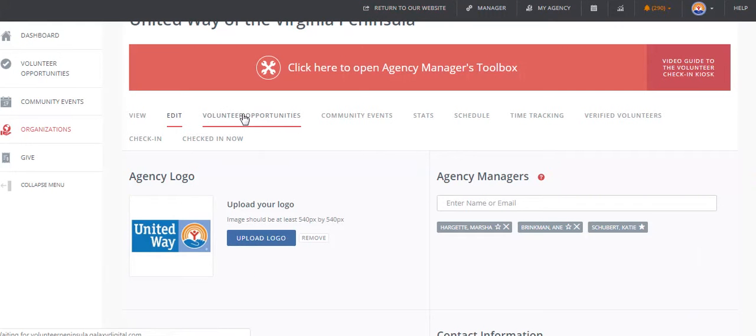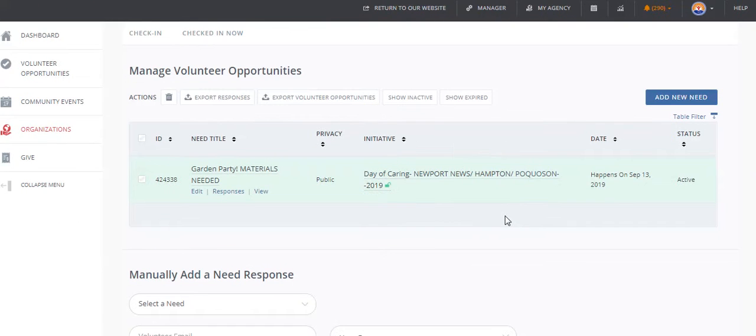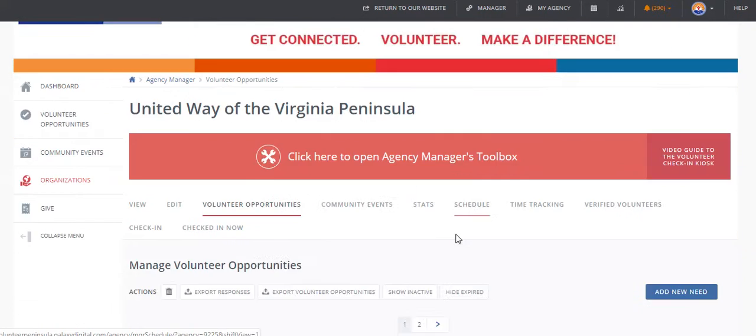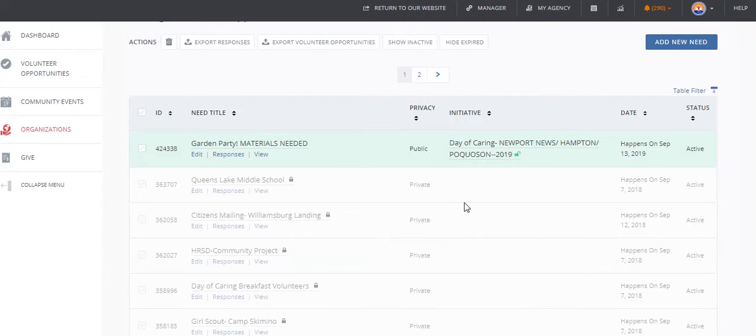So the Volunteer tab is going to have all of your volunteer opportunities that you have posted on Volunteer Peninsula. This is going to be your active projects. You can also show inactive and show expired. The show expired one I use sometimes as well, because if I wanted to do a similar project